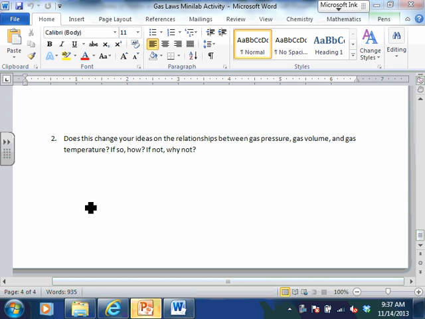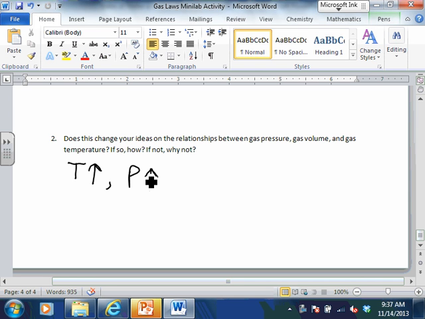Try the other direction. If the temperature goes up, what's going to happen to the pressure? The pressure is going to go up, right? Okay? This is why you don't throw an aerosol can into a fire. It's a really bad idea, okay? Those aerosol cans already have a lot of pressurized air inside of there, okay? If you throw that into a fire, now you have greatly increased the pressure inside that can, and guess what